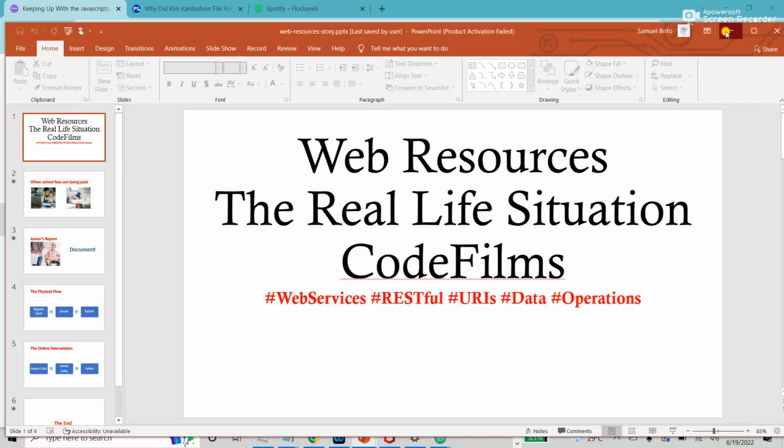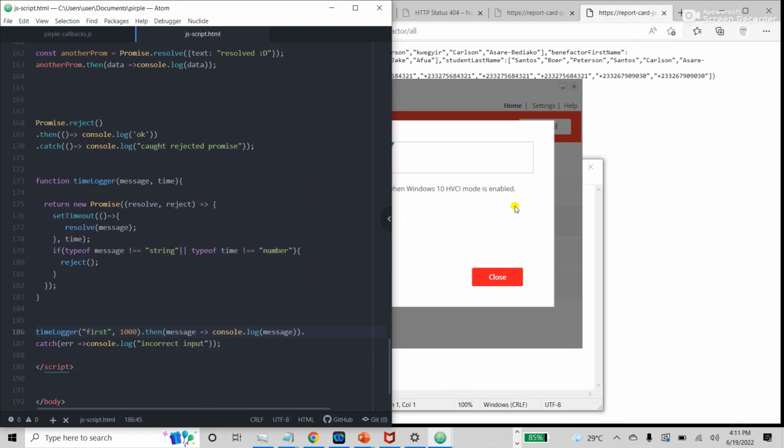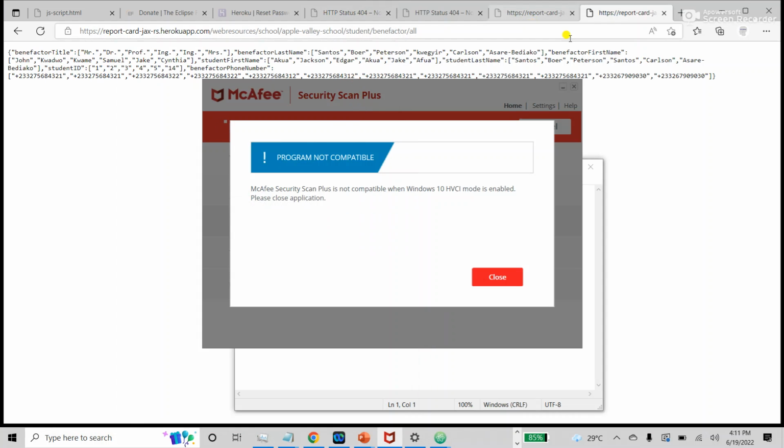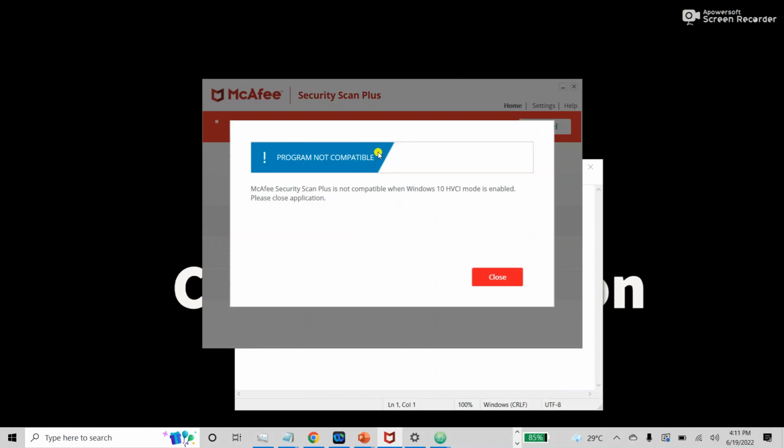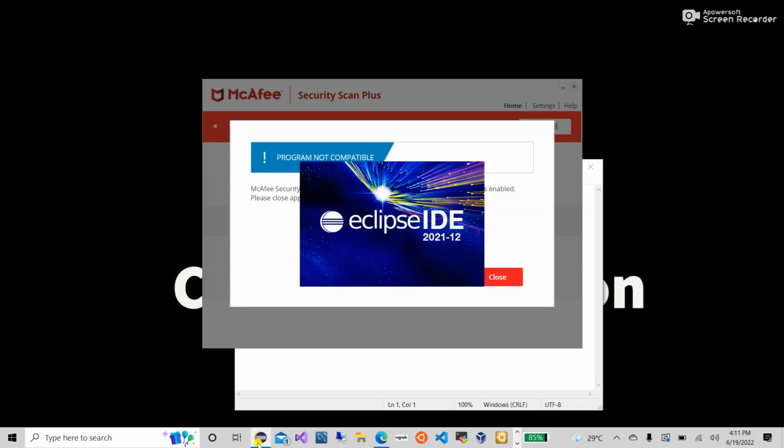I'll go straight to my screen, which is loaded. I'll go straight to Eclipse to start our application. The reason I'm going to Eclipse is that I want to confirm the status of the app or the service that has been deployed live on Heroku, and I want to